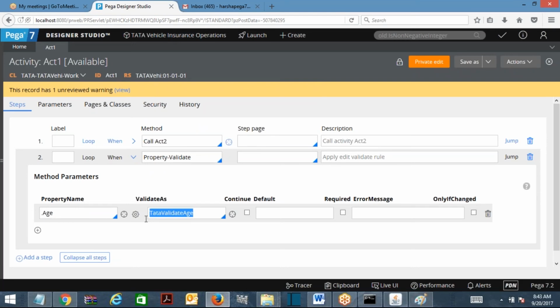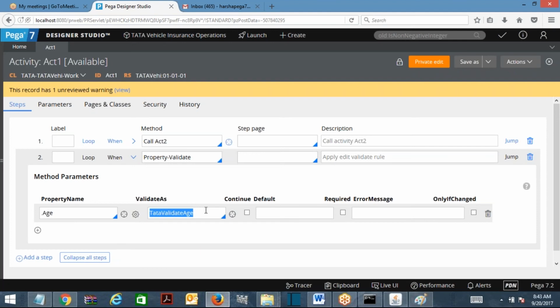Now in this situation your edit validate is server side validation. It is executing at what place? Business logic place. Business logic has to communicate with the server. So now here you call it as server side validation. When you use it in UI and on refresh it is happening, that is from the property. So this is from business logic side. In this scenario your edit validate is being executed as server side validation. This you need to understand.